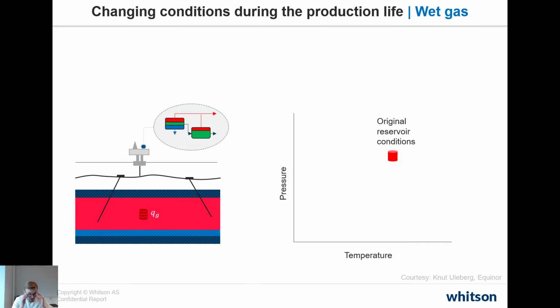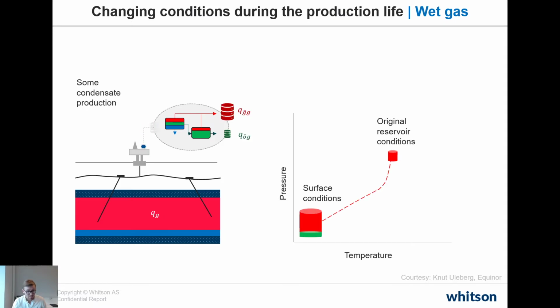Introducing a little bit more complexity is a case where down in the reservoir we're always a gas. That's called a wet gas reservoir. And the only difference from a dry gas reservoir is that when we produce it to surface, we get two surface products, both originating from the reservoir gas phase. So the surface gas, and we also have a surface oil originating from the reservoir gas phase. That's what we call condensate, and we have some condensate